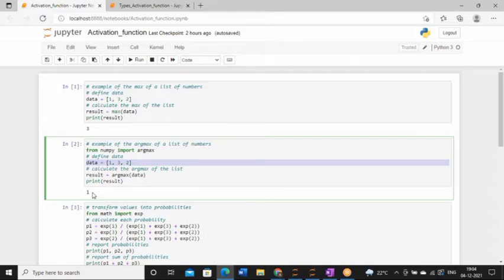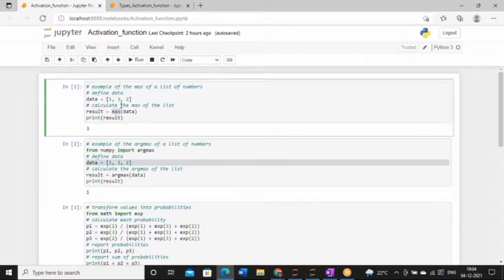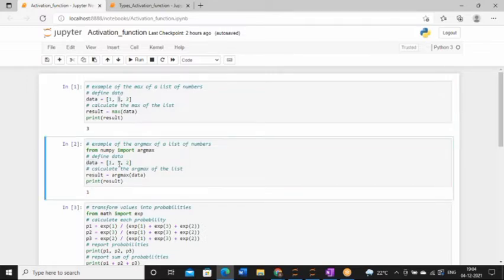Means you can think of it as a meta version of this max function. Max function is sending you the highest number. However, argmax is sending the index of the highest number. So here 0 is the 0th index, this is the first index, and this is the second index. And see here, this argmax function is returning 1, meaning it is returning the index of the largest value. So that's why the argmax function is considered a meta version of the max function.